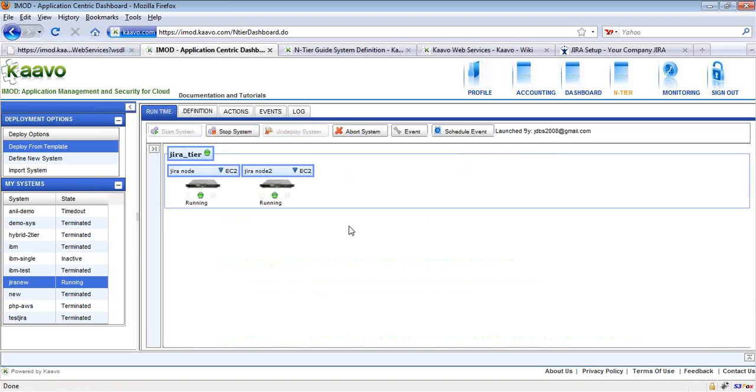So you can see now we have 2 servers in the system, and all of them are up and running, and the system state is also running. So we can easily see that by the one single web service call to the Fire Event API, we have been able to scale up the system by count of 1.